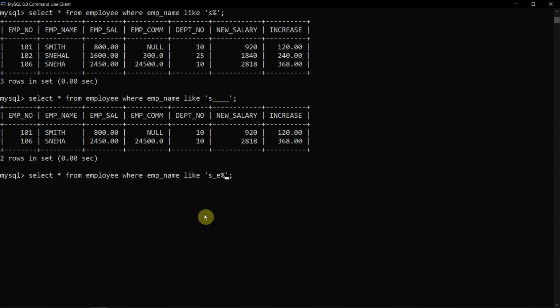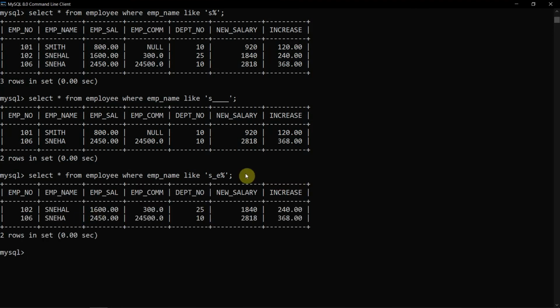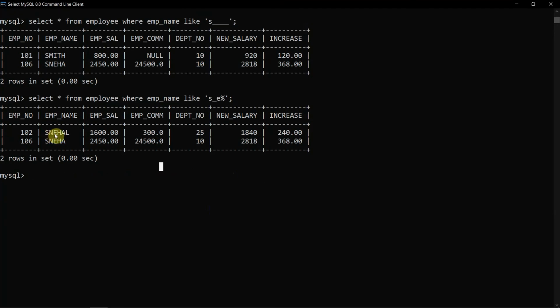So percentage means the whole word. Here I have taken the percentage sign, so there can be any word of any length. If you can see, it is S and E. The third letter is E here, and the third letter is E here also. Here the word is of six letters, and this is a word of five letters.